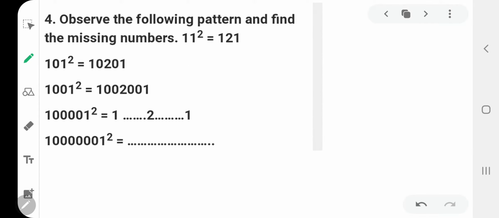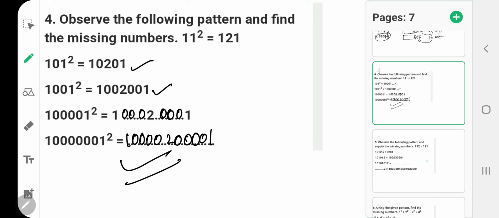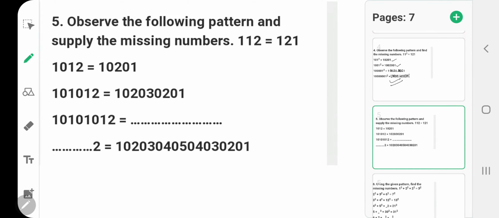My dear kids, you have to observe the pattern and find the missing number. You can observe what is given. On your right hand side, you can see it is given 10201. In your next number, you have 2 zeros in between, 1002001. So in your next number, I'll put 3 zeros in between. Getting my point? And in your last number, I'll take 4 zeros in between. So I have just observed the pattern and I have done this. And you can find it out on your calculator whether you are getting a perfect square like this or not. We have done it just by looking at the pattern.